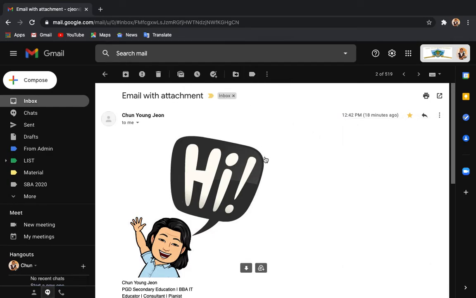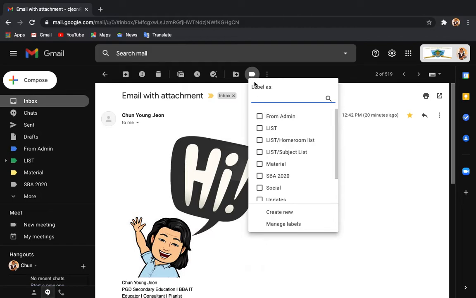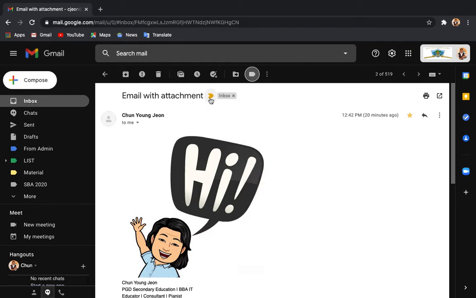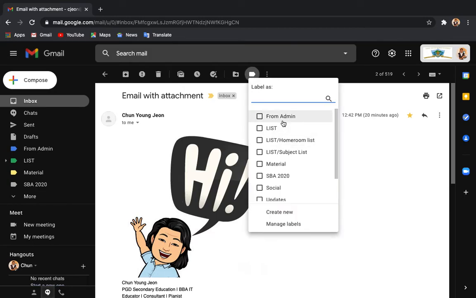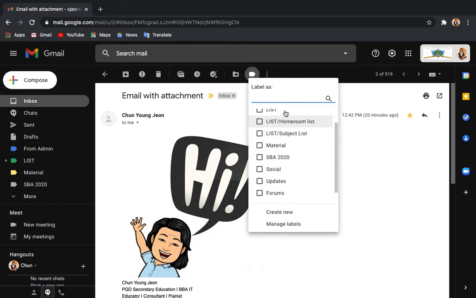Okay, you can create different labels for you to organize your inbox further. So let me give you an example. I'm going to click labels. Right now it's not labeled, it's just in my inbox. Okay, but let's say, these are the different labels I had, so I can easily